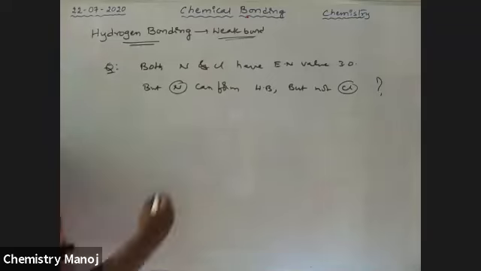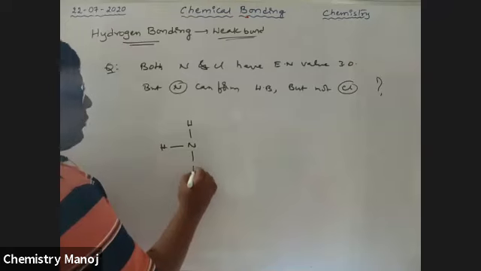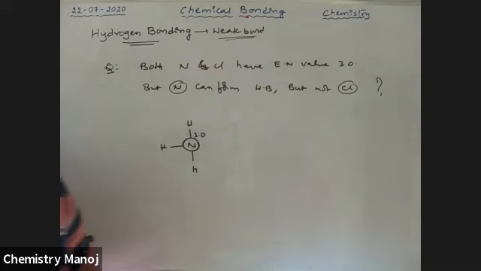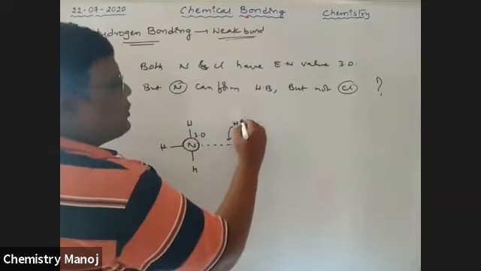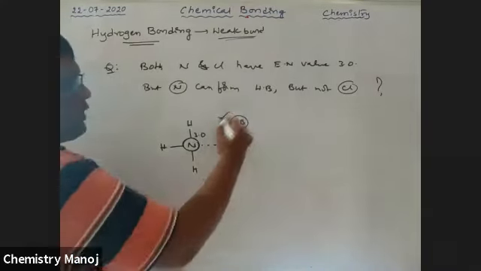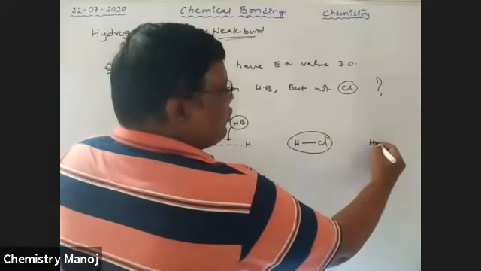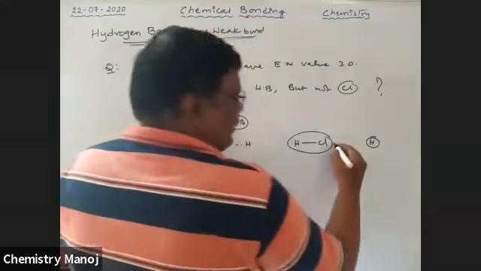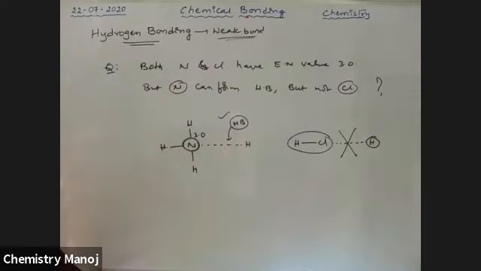So see here, in NH3, I'm using nitrogen, there 3.0. Next, there is hydrogen. So between them, hydrogen bond is possible. This is possible, boys. There is HCl, there is hydrogen. Here I am expecting this hydrogen bond and attractive force. This is not possible. Why not, sir?